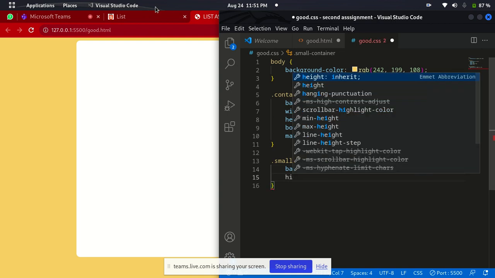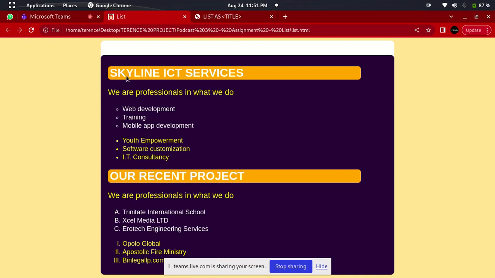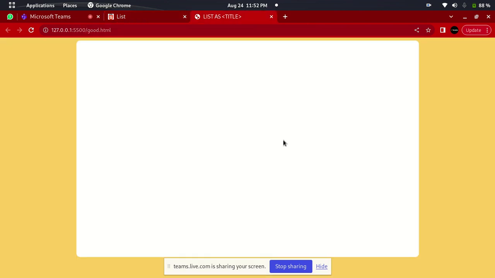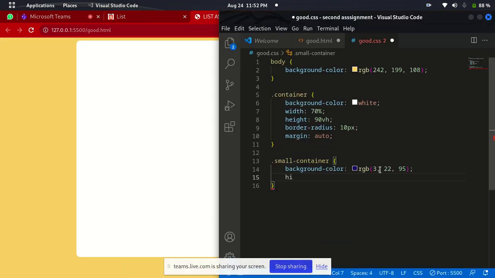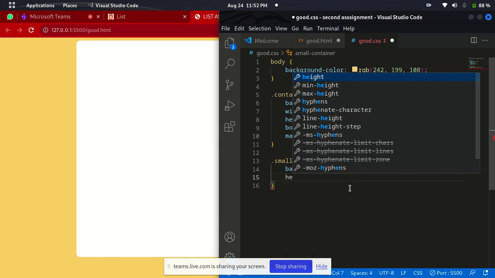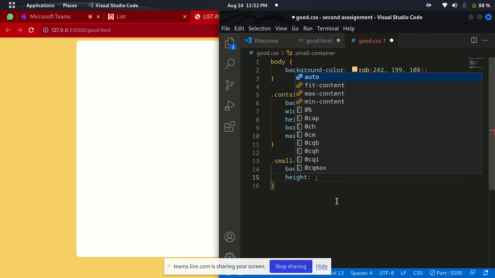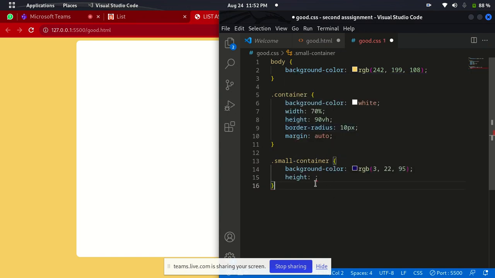If you look at the height, you know the height is the same. The width is the same as the parent div. The height should also be the same, but this one has been shifted up a little. That's why I think this one should be ending somewhere around here. You can't tell, but anyway it is. Let's just do something. So you give it a height of, let's use the same height, 90 viewport height,